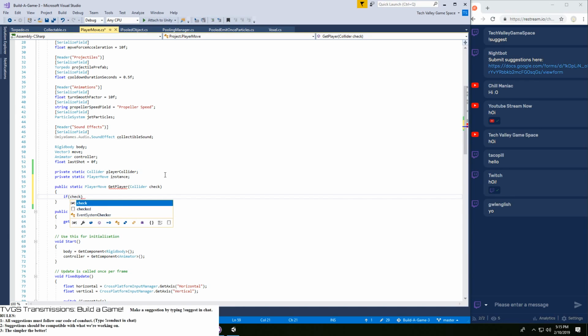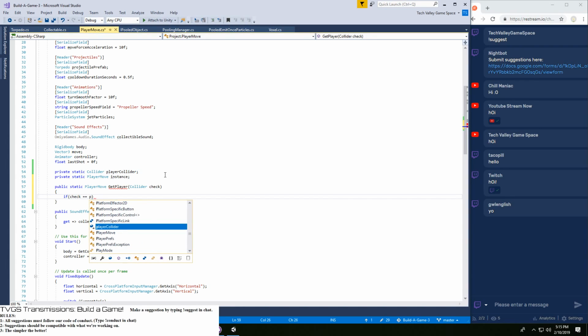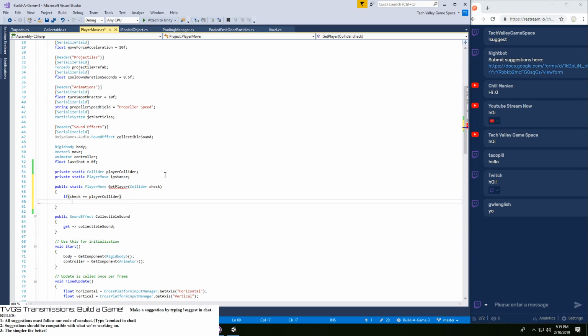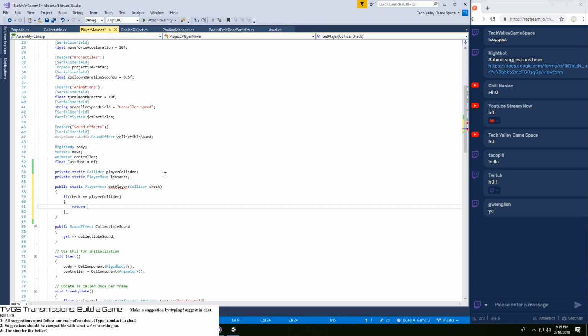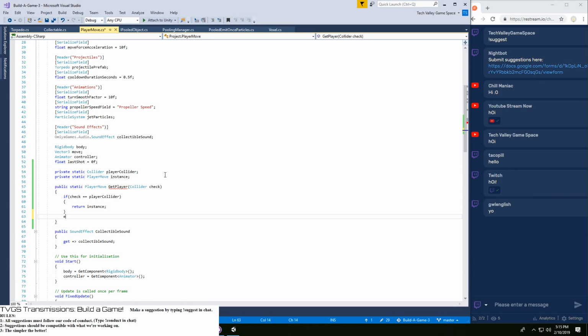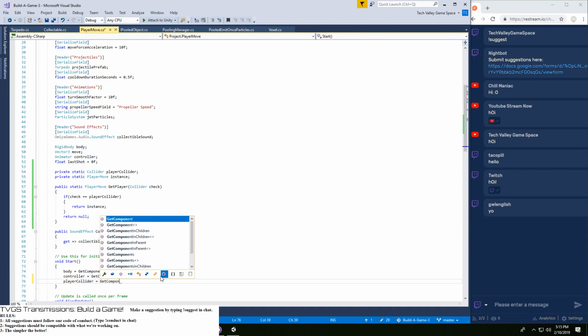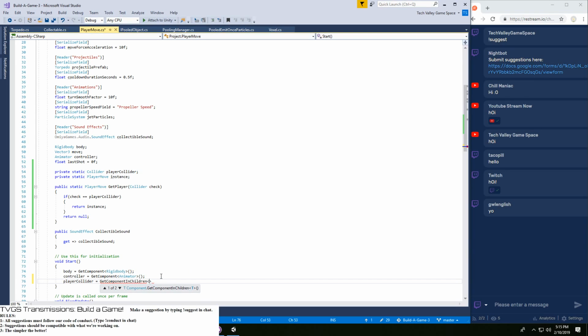If check double equals player collider, then return instance. Otherwise we can just return null. And then player collider will be set to GetComponentInChildren Collider.